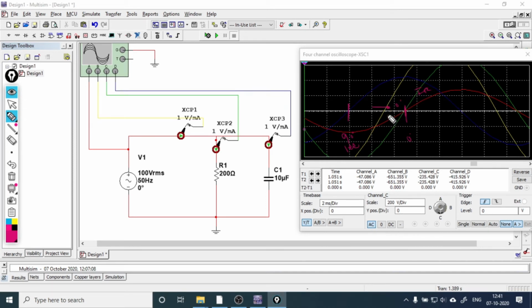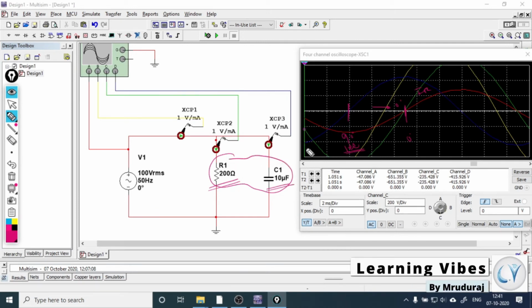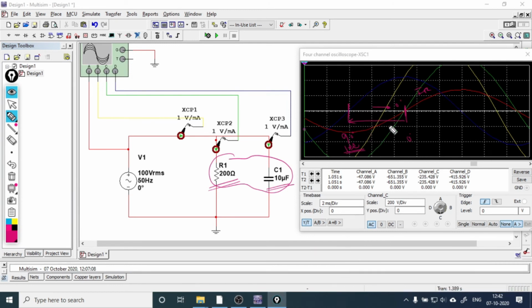So from this we can make the conclusion that if the circuit is purely resistive, then there is no phase difference between voltage and current. If the circuit is purely capacitive, then current leads voltage by 90-degree. But if there is combination of R and C, then the average current lies from 0 to 90-degree leading, in between these two extremes, right? So this is general conclusion that we can make from this analysis.